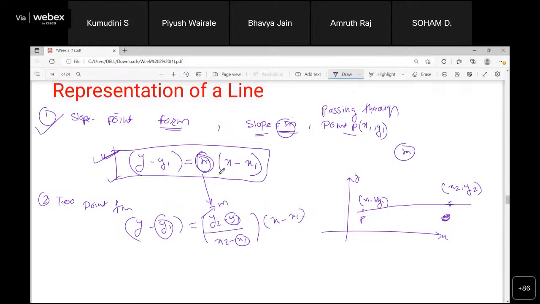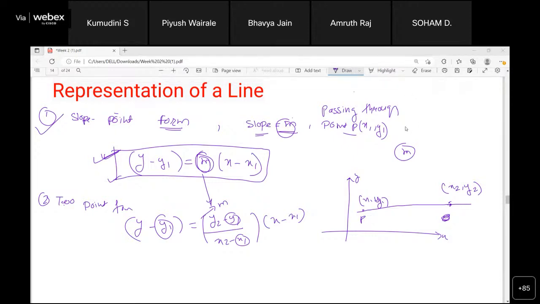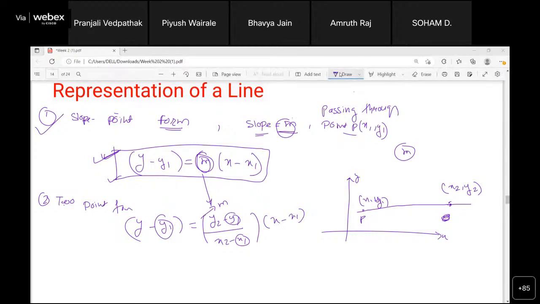Sir, it depends on which formula to use, depending on the given values or conditions, right? Yes. So what will be the value of y and x here? Only y and x. We are finding out the equation of a line, so it will be like this: y equals some m x plus some constant. These are integer values, so it will get a number. If we solve this, we'll get this equation: y equals mx plus c.